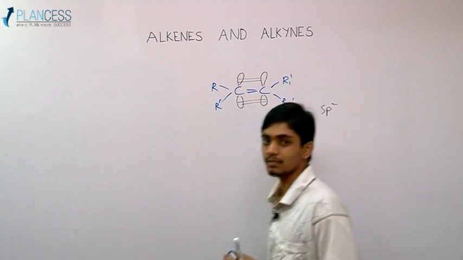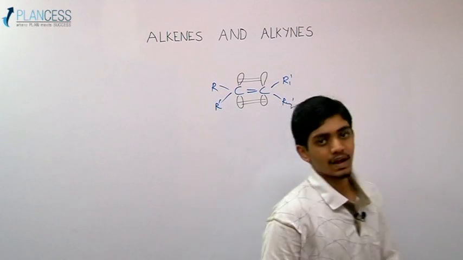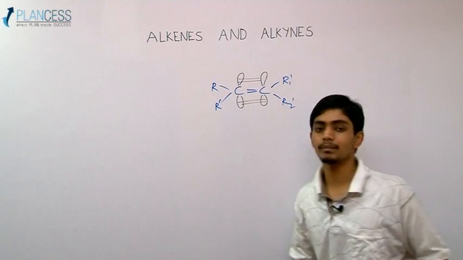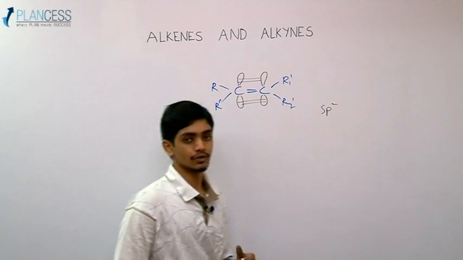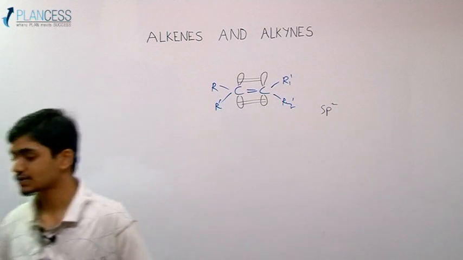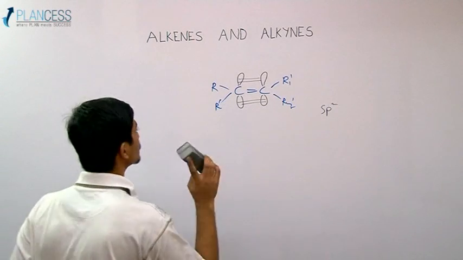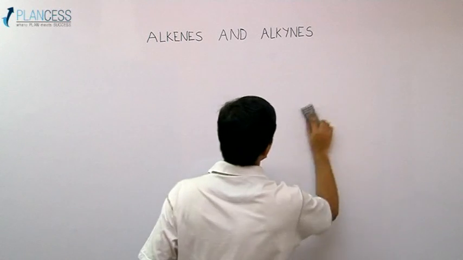So this pi bond can be broken with a little bit of energy, and that much energy can be regained by the formation of some other bonds. So that is why these alkenes undergo chemical reactions which we are going to study. But first of all, we will be studying the preparation of alkenes. So in the preparation of alkenes,